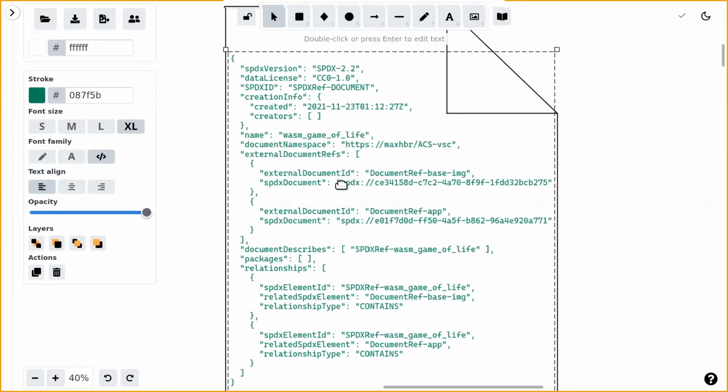So it points to external documents and uses these documents and describes relationships that the thing described here contains the content of these two documents. So that allows to build a bundle of